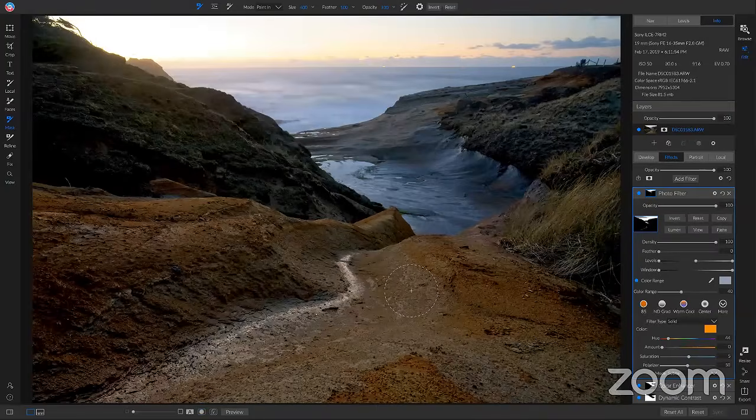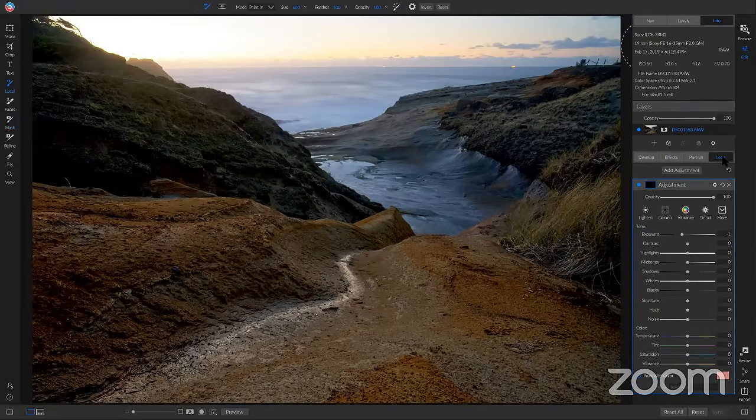So now what we can do is deal with this area in the sky. It's a little bit bright over here. So we can add a local adjustment layer. And like we were doing earlier, we're just going to use our local adjustment gradient. Going to hit Shift and K. Now I have my adjustment gradient. And I'm just going to drop this down